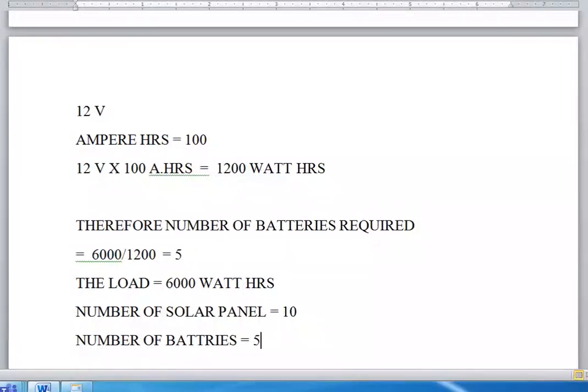If you keep the batteries empty, then of course the life of the battery is also decreasing. So hence what we should do is try to keep a larger number of batteries. So 5 batteries are sufficient here. Like this, we are supposed to design a solar power plant for our domestic houses. So here, as I said, the load will be increased.